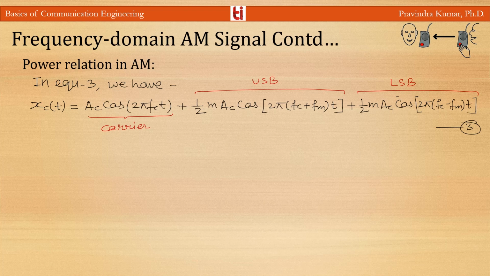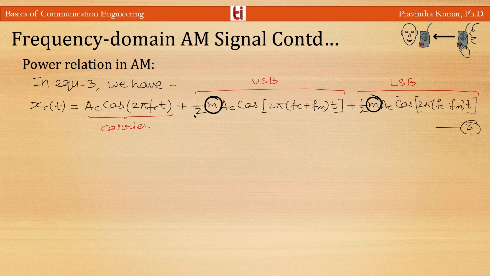So the AM wave will contain more power than the power contained in the unmodulated signal, because this involves the upper sideband, lower sideband and carrier also. The amplitudes of the two sidebands are dependent on the modulation index. So you can see the amplitude of the upper sideband and lower sideband depends on the value of the modulation index m. So the total power in the AM signal is a function of the value of the modulation index m.